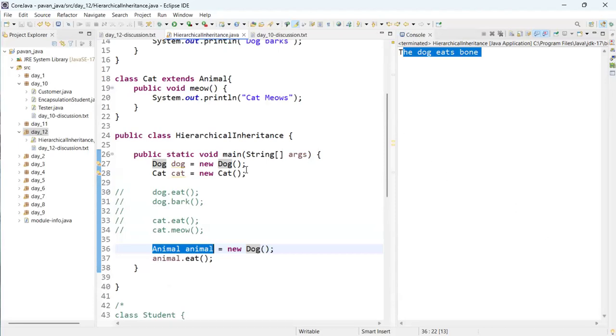This is with hierarchical inheritance. Any doubts you have? Okay, so with this inheritance done,